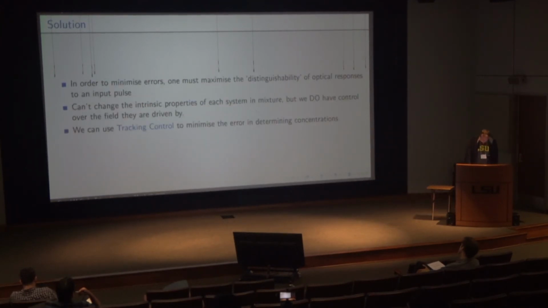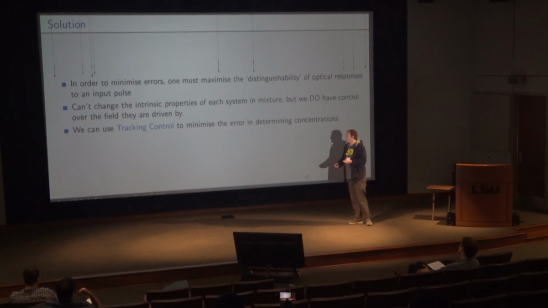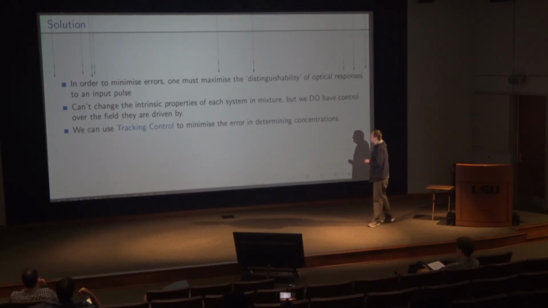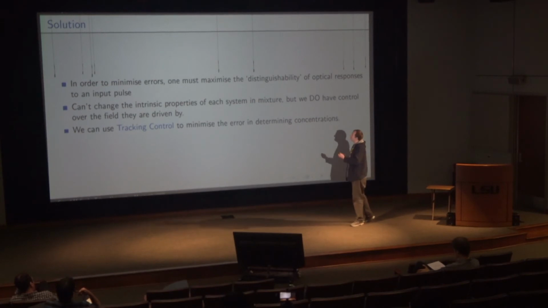So where does tracking control come into this? Well, what we'd like to do is minimize these errors. And so the way to do this is we want to maximize the distinguishability between the individual optical responses in your mixture. So if we have some set of, say, 5 species of molecule in a mixture, and we want to know their relative concentrations, we can't change their intrinsic response because that's what the material is. But the thing we do have control of is the field that we're driving them with